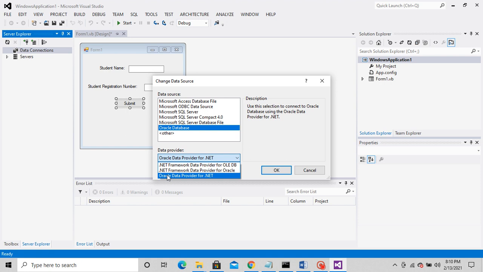Okay, the third option will not come by default, but when I tried to do it in my system, I got some errors. That is why I have downloaded ODAC with ODT. I'll give the link in the description box.